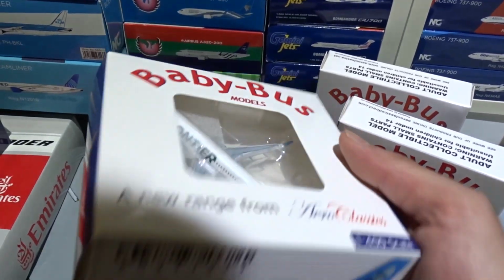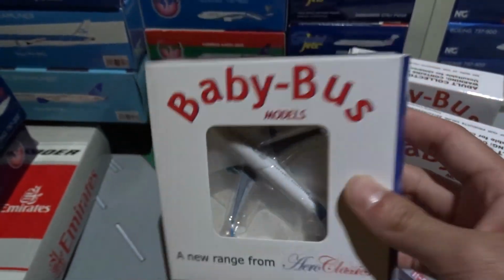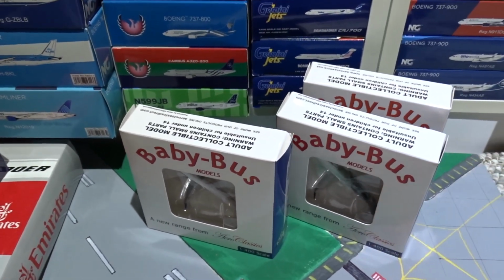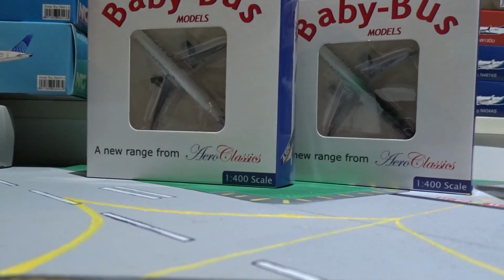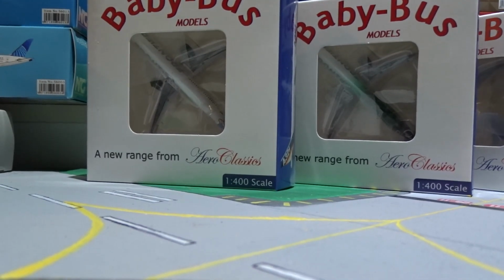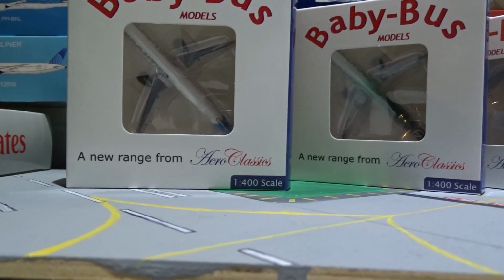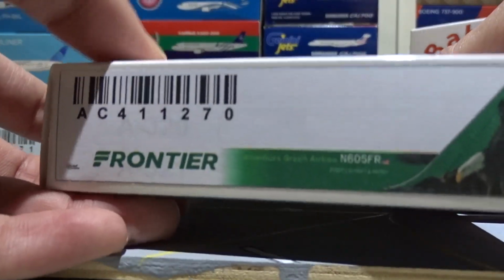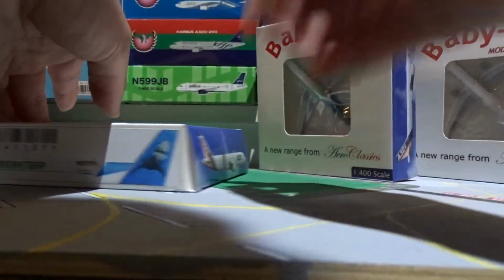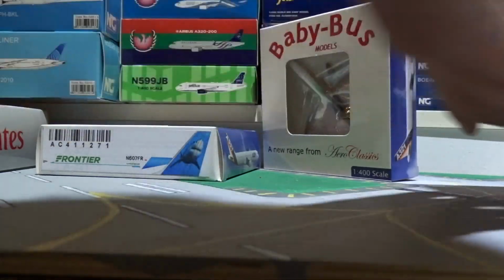And then this one is the Chopper, the Great White Shark, A321neo. As you can probably tell, I'm a big fan of sharks. Sharks are among my favorite animals. The whale shark is my favorite. Love whale sharks. So that's why I picked up the Great White one instead of the Orca, which is ironic if you know about the relationship that orcas and great whites have. And then this one is the Frederick the Bald Eagle, but you know, I flew this plane, so I had to get it. So let's get the whale shark unboxed first,